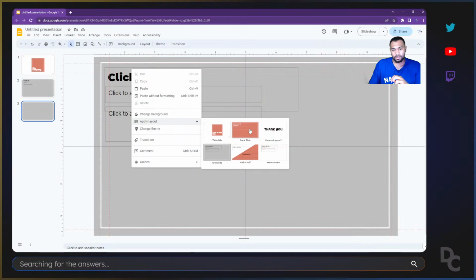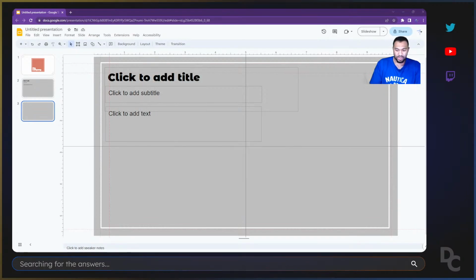everything else that we've renamed: Coral, this one's Custom, this one's Gray. We actually didn't rename the Custom one, but it's still showing up technically in order. Before, the order that was out of order was ordered based on the naming conventions of 1, 1, 1, 2, 1, 3, and stuff like that. But point being, Coral slide, Custom layout, Gray, Half and Half, Main, these are now in alphabetical order. Which kind of brings us to the end of our